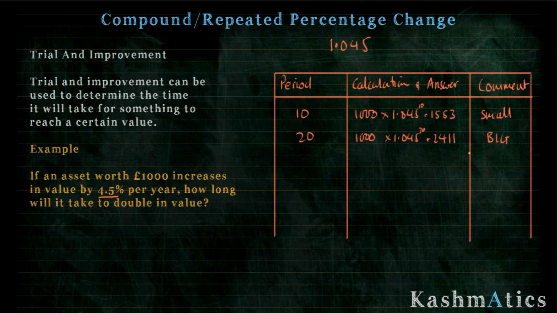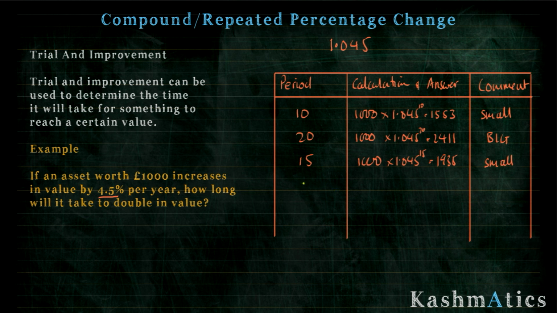So now I need to pick my next value. It's going to be between 10 and 20, and because these two numbers are approximately equal distance away from the answer I'm looking for, I'm trying to get to 2000, they're about 400 off. I'm going to try 15 next. For 15, I get 1000 multiplied by 1.045 to the power 15, and that gives me £1,935. Okay, and that is ever so slightly too small,